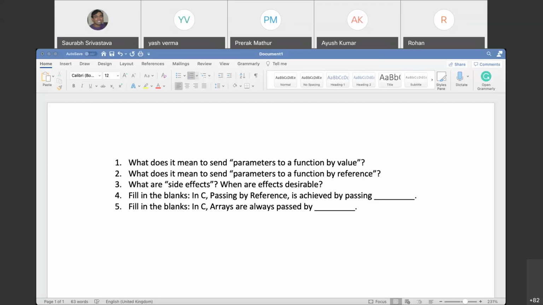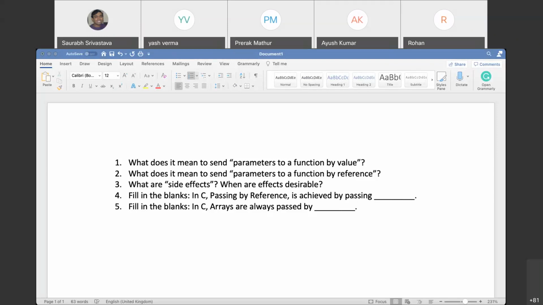So basically, if you create the parameter with square brackets, you can still use the array as it is, but you cannot do arr plus plus. But if you plan to use arr plus plus, pointer arithmetic, then you need the pointer. In both cases it is called by reference only. This is the last one, right? Question 5 is about that only, so we will discuss it in detail. But in both cases, it will be called by reference only.